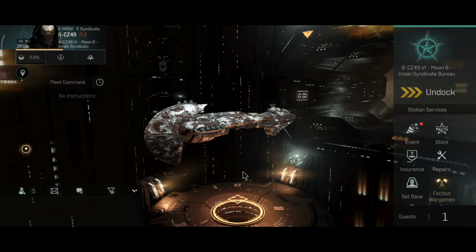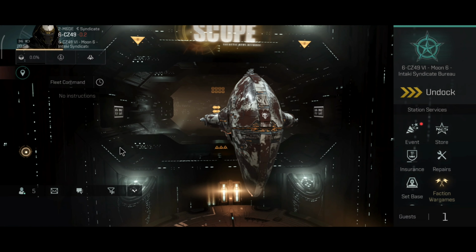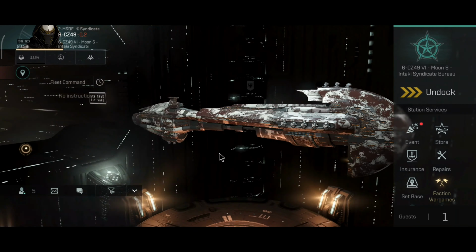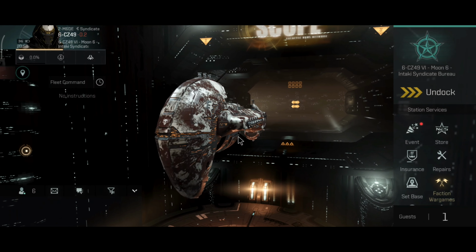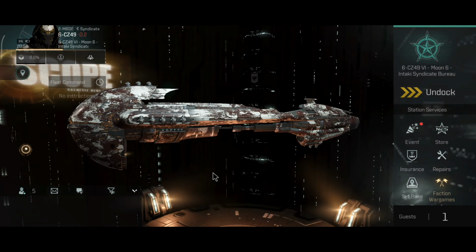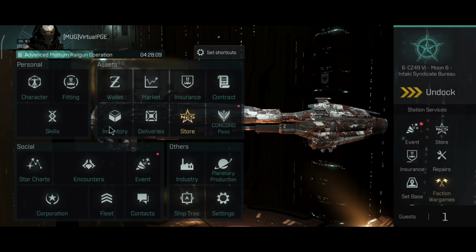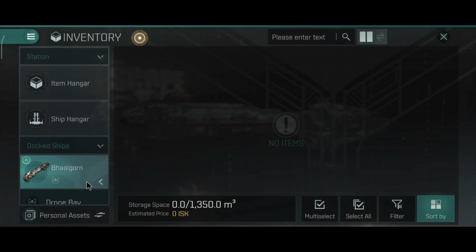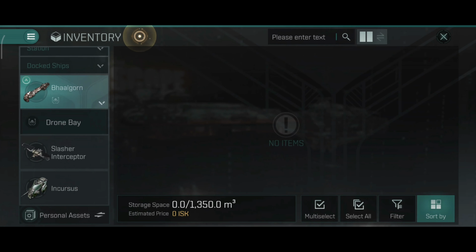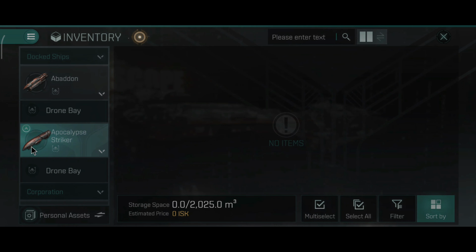Okay, time to wake up the Blockade runners. There is a job for these monsters. Now, my favorite battleship out of the 3 battleships that I'll show you here is the Bhaalgorn. I have built this ship to survive whole fleets shooting at it, and of course to survive and live to tell the tale. Now, I bought one new ship recently, a fine new addition to my collection of Blockade runners,